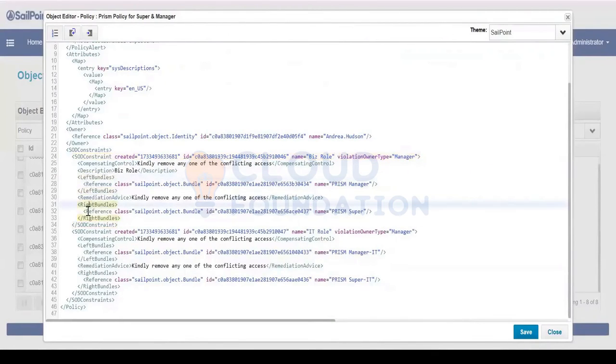Left bundle, right bundle. From line number 27 to 29 is the left bundle, and the right bundle means the right side. Bundles are rows already. You can prepare a list of 300 entitlements in this format easily and copy paste it over here.